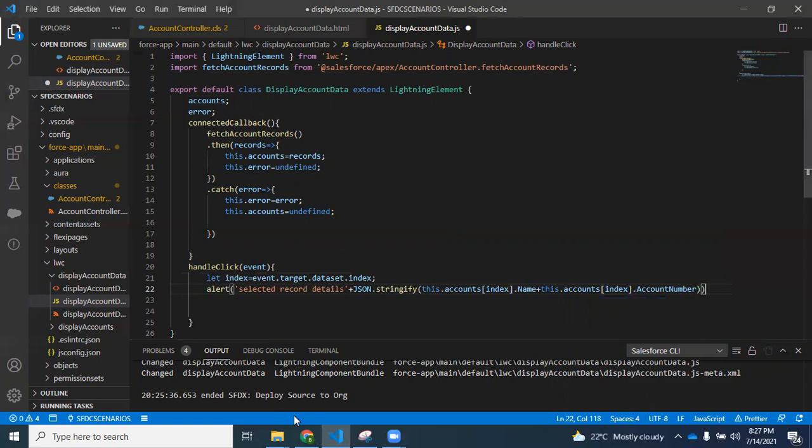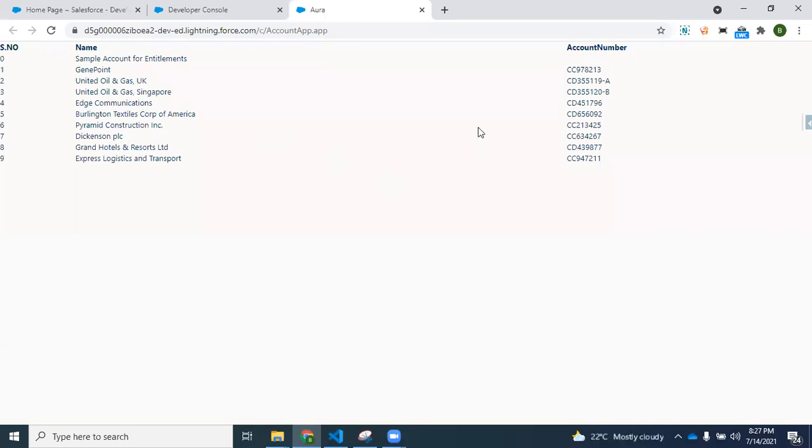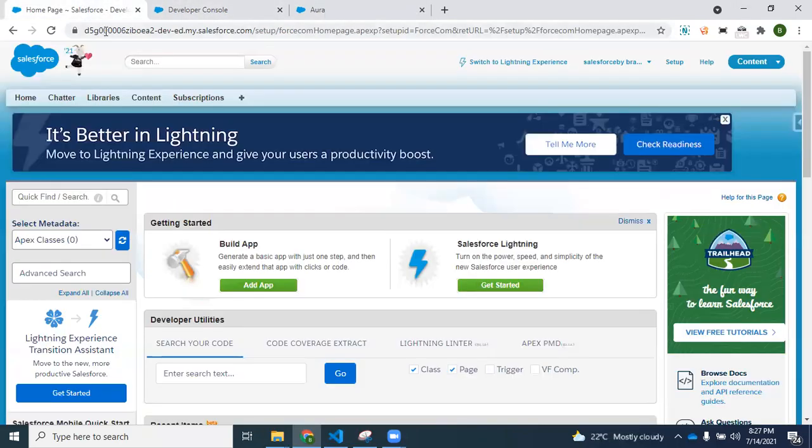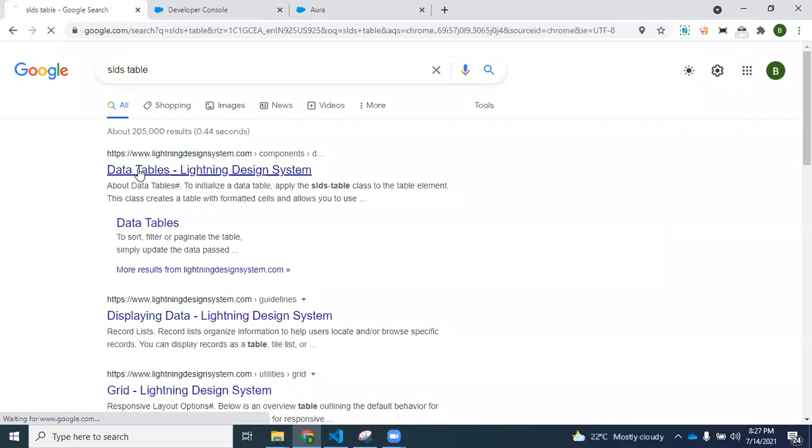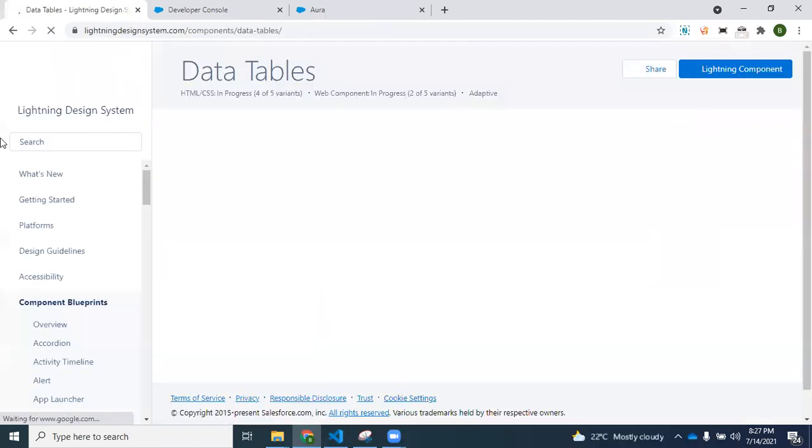Now our table is not looking good, so I'll go to SLDS. Let me open the SLDS table. I'll just apply one class to the table so that it will look good.